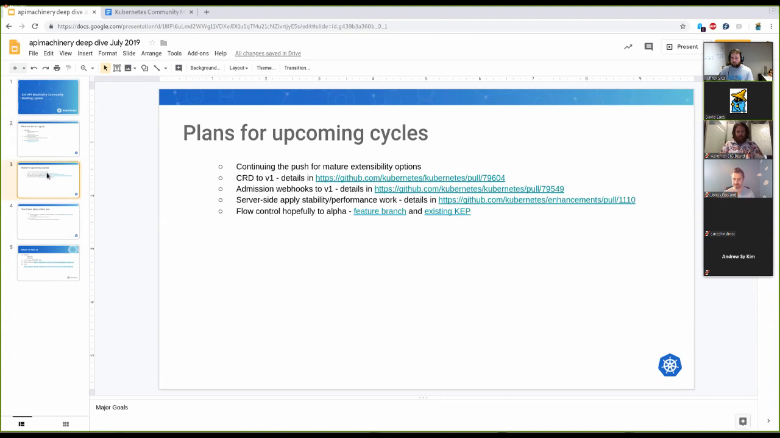So looking forward to 1.16, we're going to continue pushing for mature extensibility options. I know it's been a long-term arc, and we've been coming to this meeting saying we're doing it every release. I hope you can see that we have been doing these pieces as we go. It just takes time to get the right pieces, and more feedback comes in,